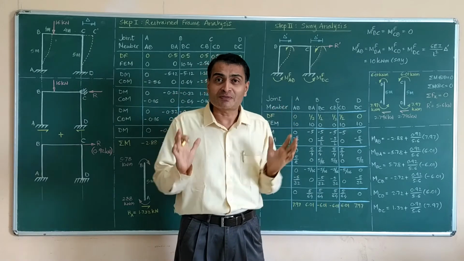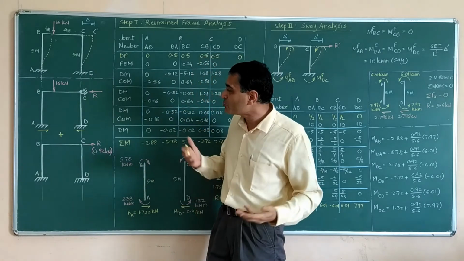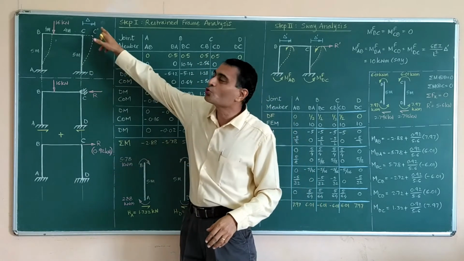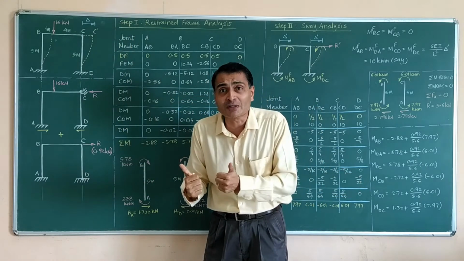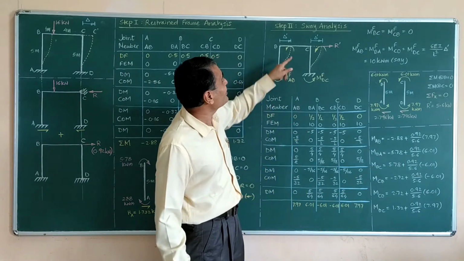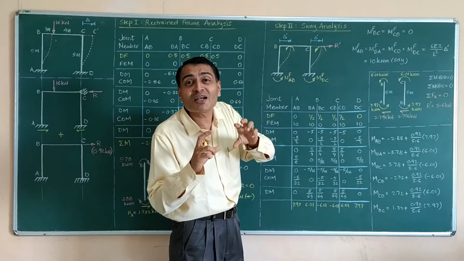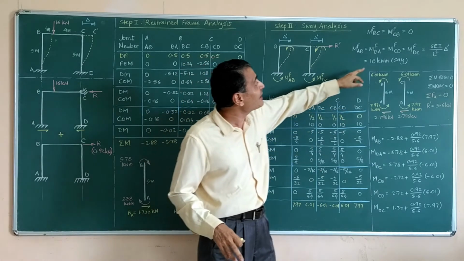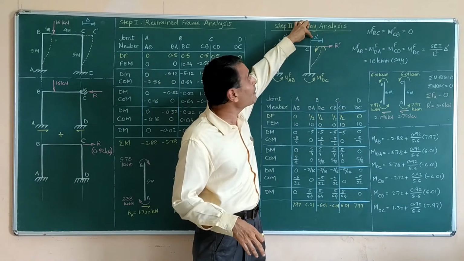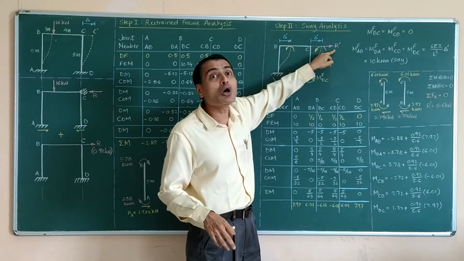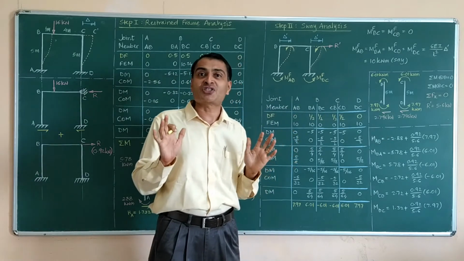So this is the thrilling part, this is the greatness of this method, that since I am not able to relate this R to this delta directly, later on I am going to use it, but not at present. So I imagine that let the end moments generated due to sway be 10 kilonewton meter each due to delta prime of sway due to R prime of the applied force. All these are my assumptions.